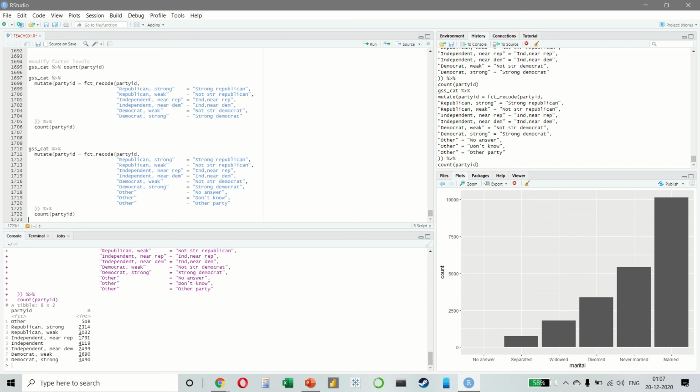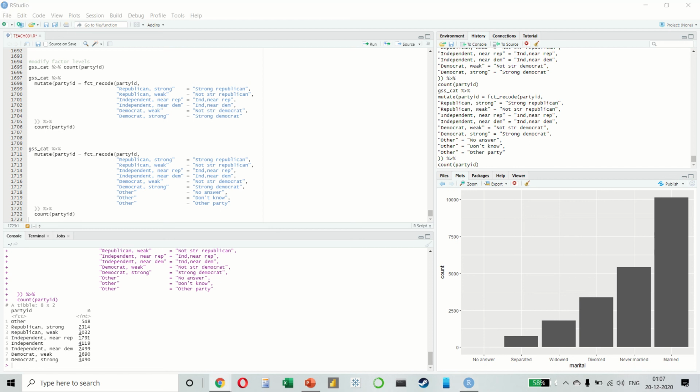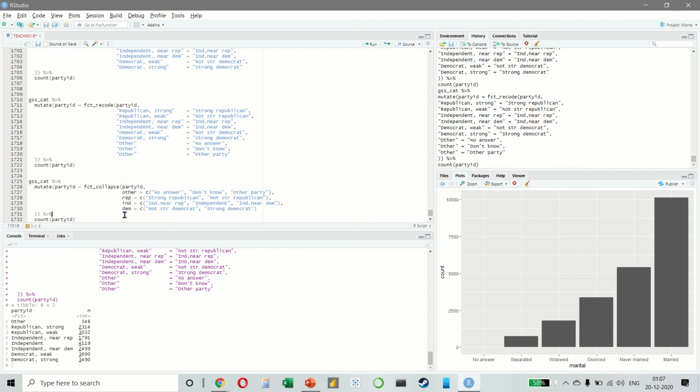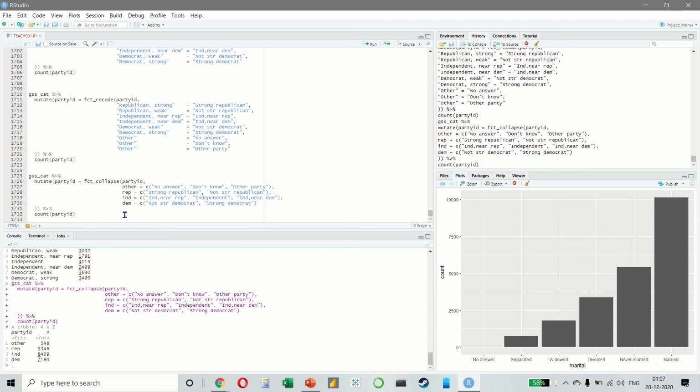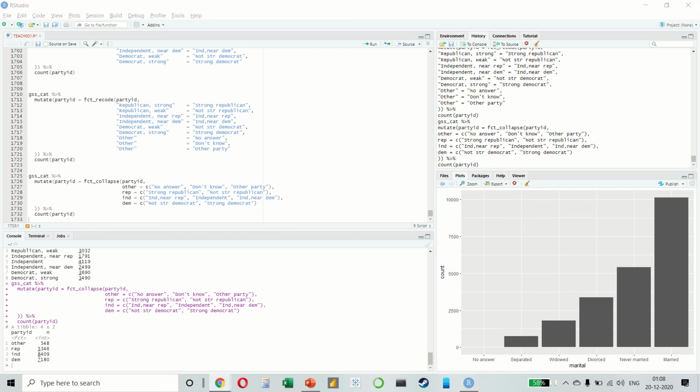If you want to collapse a lot of levels, we can use this. Like this. And if you just want to group together all the small groups to make a plot or a table simpler, you can use this.